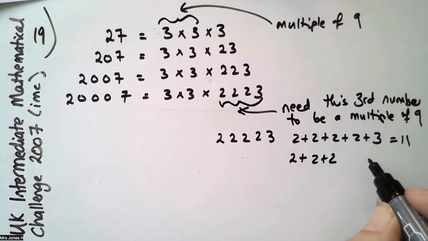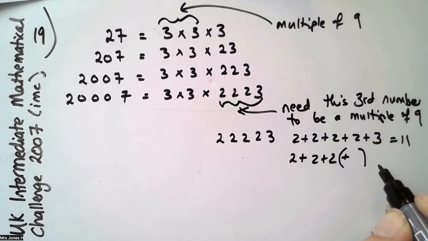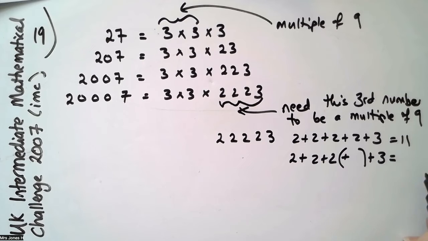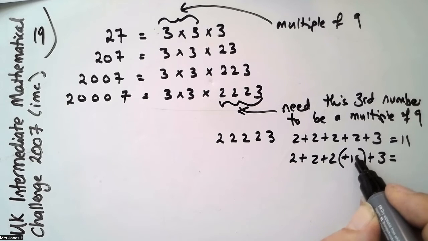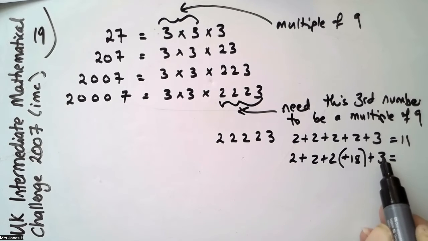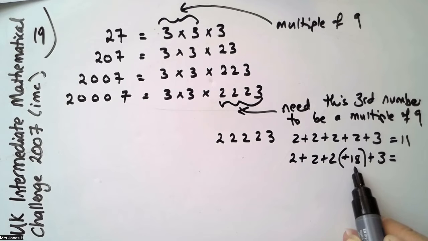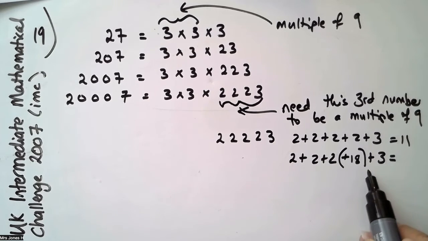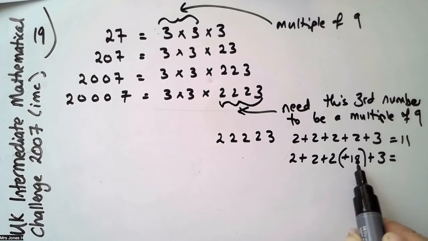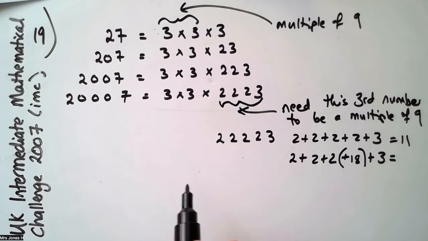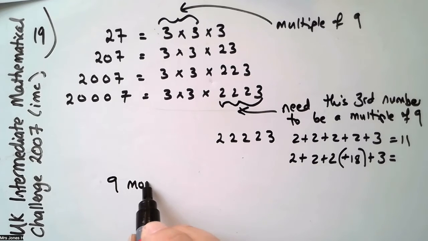So 2 plus 2 plus 2 plus something plus 3 has to equal a multiple of 9. To get there, we need some more 2s to be able to get past that 11. So we need to be adding 18, because 2 plus 2 plus 2, 6, 7, 8, 9 gives us this, but we need to get to the next number that is a multiple of 9. And therefore, what we're looking for is a number that has 18 plus all of these 2s. So therefore, we need 6 more zeros,